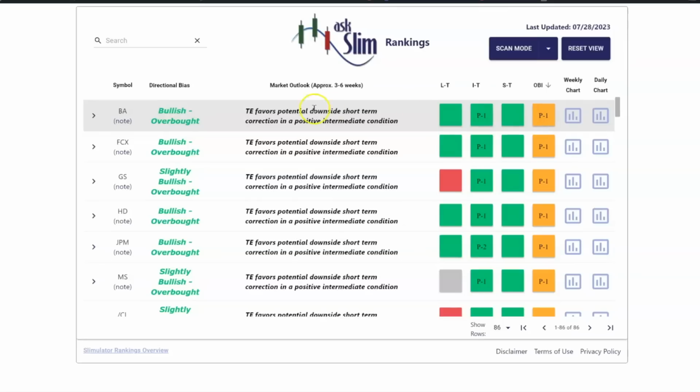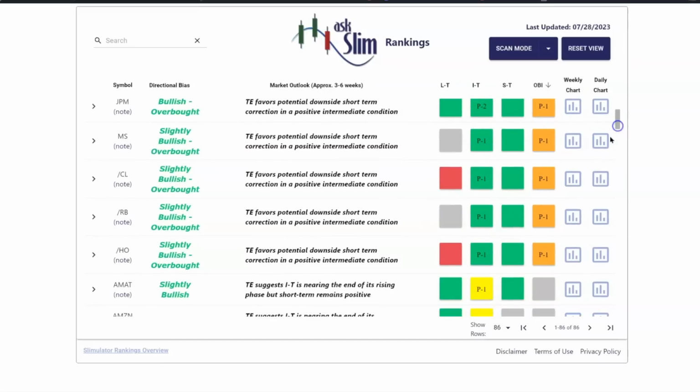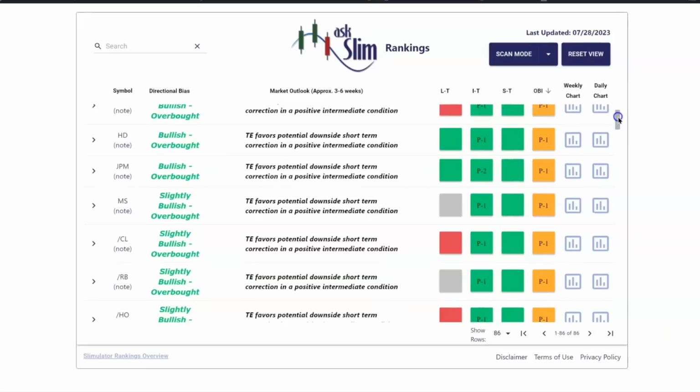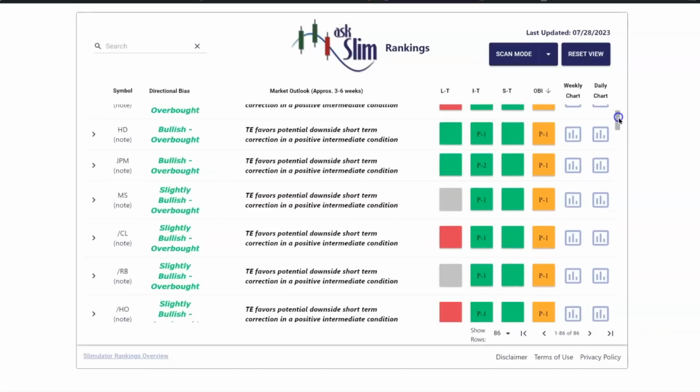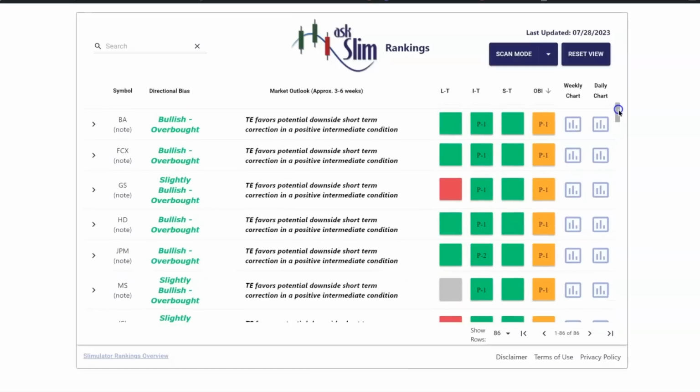What are those extreme warnings we see in Boeing, FCX, Goldman Sachs, Home Depot, JP Morgan, Morgan Stanley, as you can see right there? And oil is on there, gasoline is on there as they've been moving up, and heating oil right there, likely to get some minor pullbacks. The ones that are all straight green across are the ones that are likely going to be buying opportunities when they pull back, and the other ones maybe not so much. But most of these are pretty bullish, except for the long term, and giving you some sense that when they are orange,